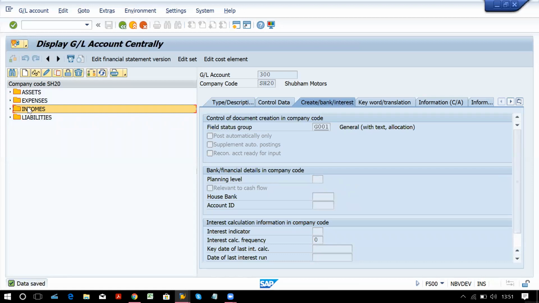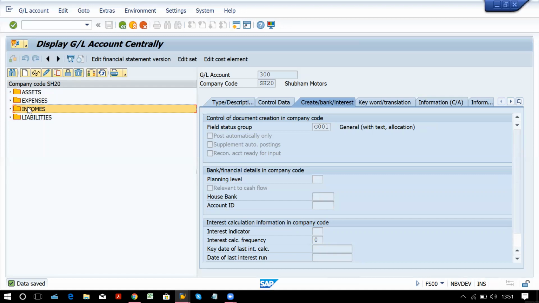But if we follow that method in trainings, then you will not understand what effects are there, what we have created, and how it is going to impact any accountant or user while posting in SAP, right? So the method we are going to follow in training is to test our configurations topic wise, so that you will understand what impact the settings we have done will have on your accounting process.